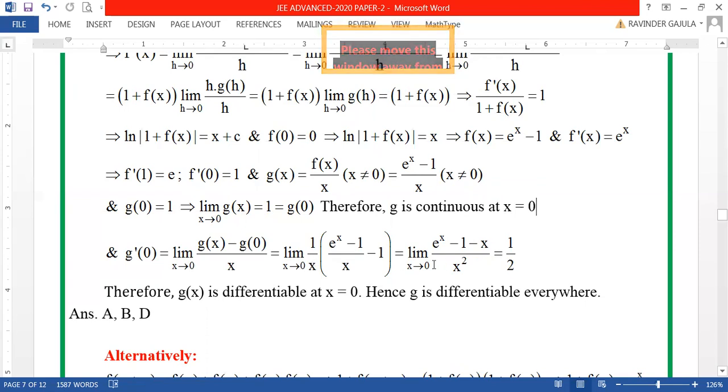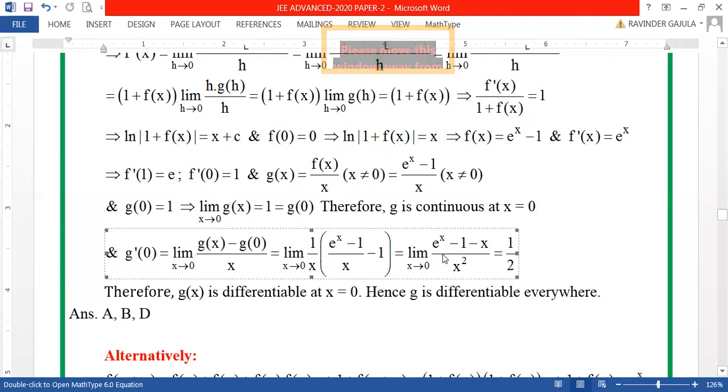Now on the whole, this is limit x tends to 0, (e power x minus 1 minus x) by x square. And taking the expansion of e power x, otherwise you can go for L'Hospital rule of limits. So going for L'Hospital rule, it is e power x minus 1 by 2x. As x tends to 0, this is what? 1 by 2. Okay.